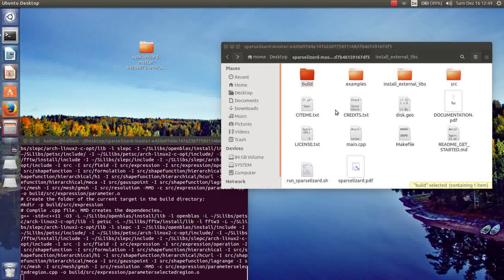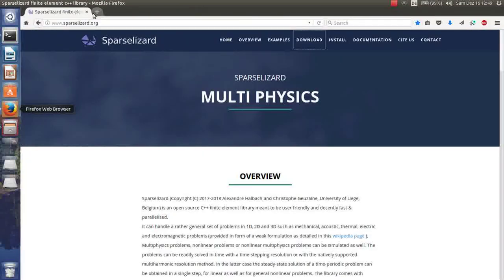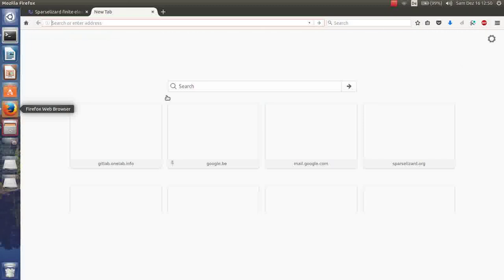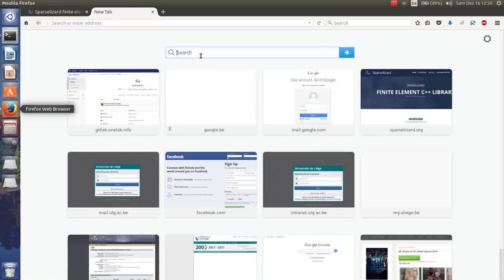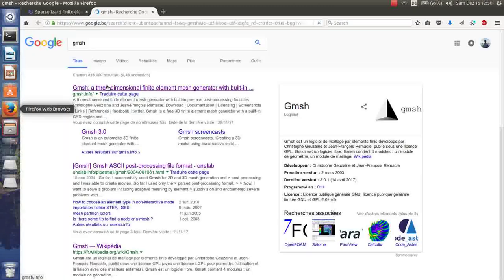We can see the problem we will simulate to see if everything's working fine. So we will simulate this main CPP file using this disk.geo geometry file. Now this geometry file is a Gmsh geometry format, and we will use the finite element Gmsh meshing software to mesh it. So we go to the Gmsh web page